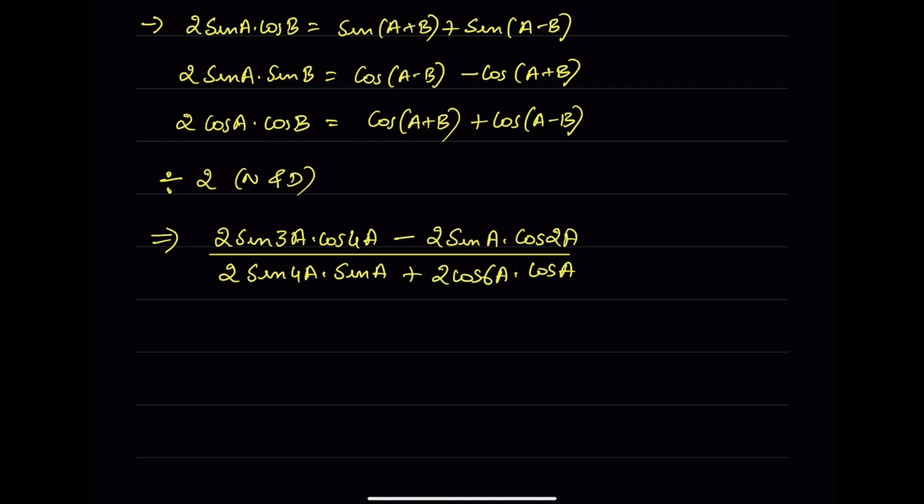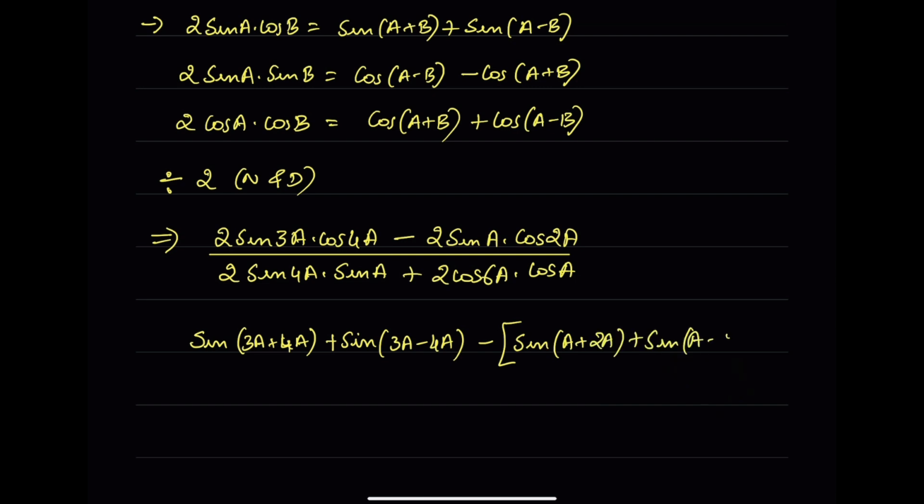So in the numerator, the first term would change to sin of a plus b, which is 3a plus 4a plus sin of a minus b, which is 3a minus 4a, then minus, please make sure you consider the entire brackets. So this will be sin of a plus 2a plus sin of a minus 2a,